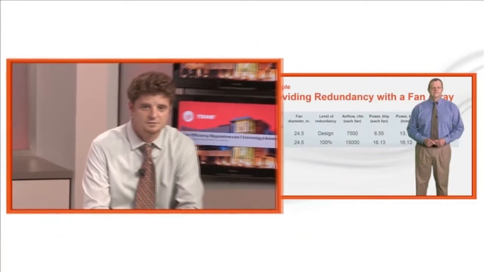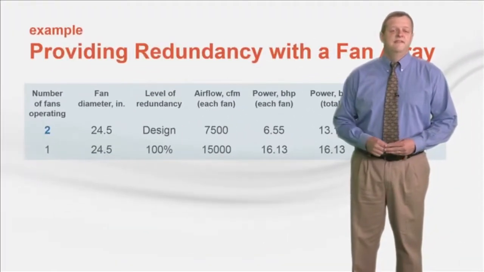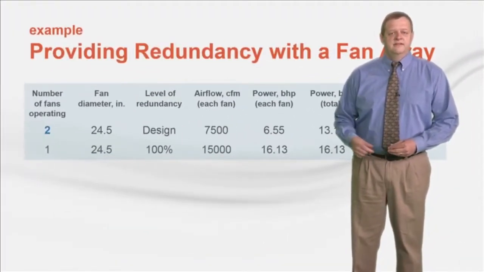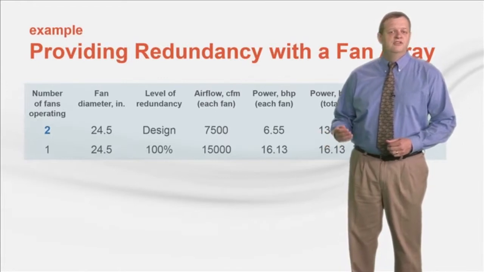And as I mentioned, another benefit of using a fan array is that it can provide some level of redundancy. If one fan fails, the other fans are still able to provide some or all of the airflow. Of course, this assumes that the fans were selected to provide this redundancy up front. Using the same 15,000 CFM air handling unit, this table shows the redundancy that can be achieved by using 2